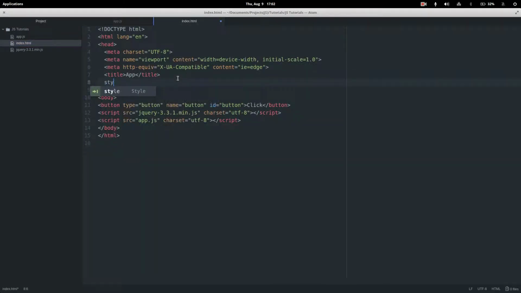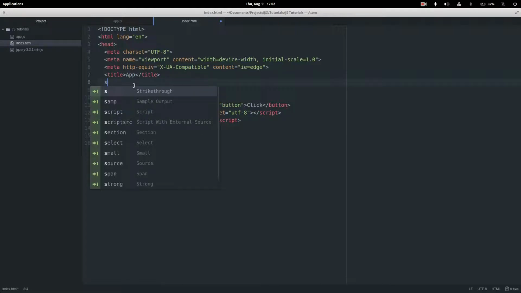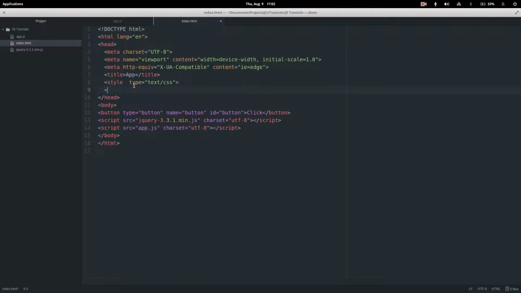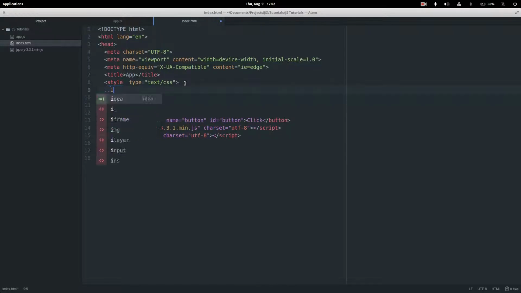So we'll actually need the style tag. Let me just write it for you in case you wonder what that is. So type is equal to text/css, and then you have this closing style tag, and you're just gonna have the class of info, and just give info